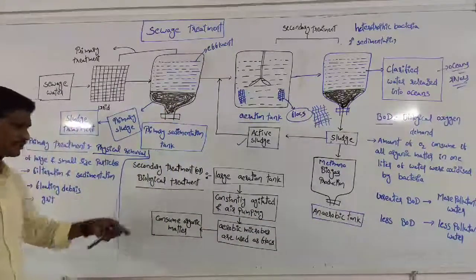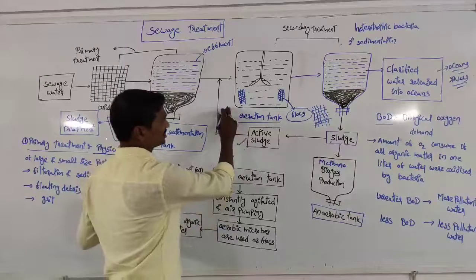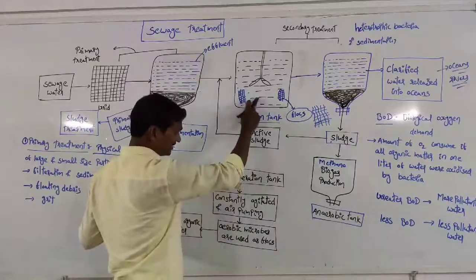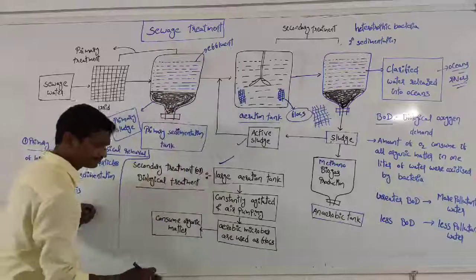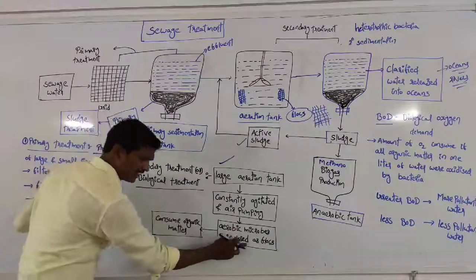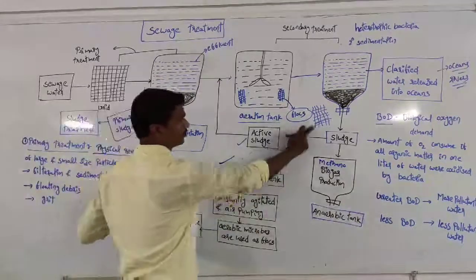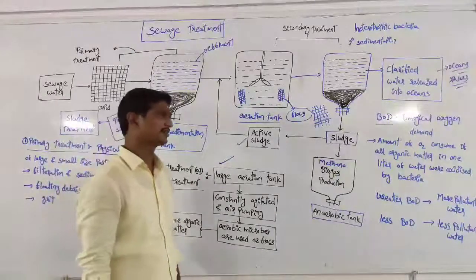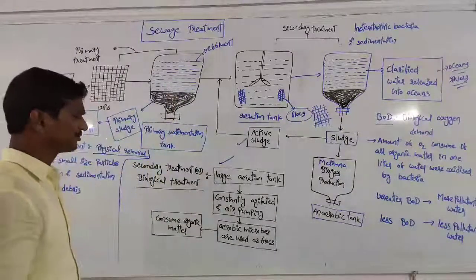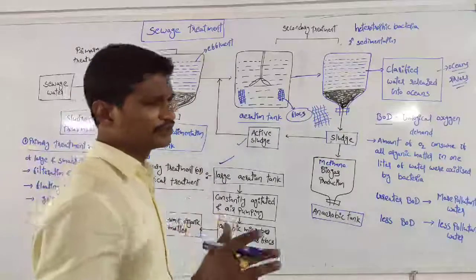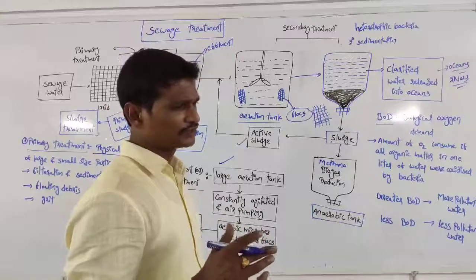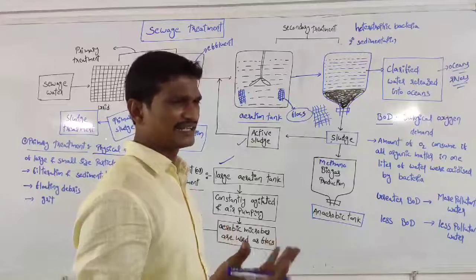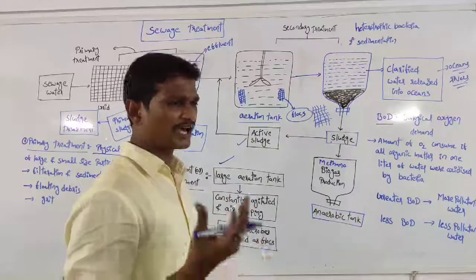And coming to that secondary treatment, here a large aeration tank is there. This is the large aeration tank, constantly agitated with air pumped in by the spargers. Aerobic microbes are used as flocs. Right? These are named flocs and consume the organic matter. Right? That is about the normal process. Remember, we are using microbes here,